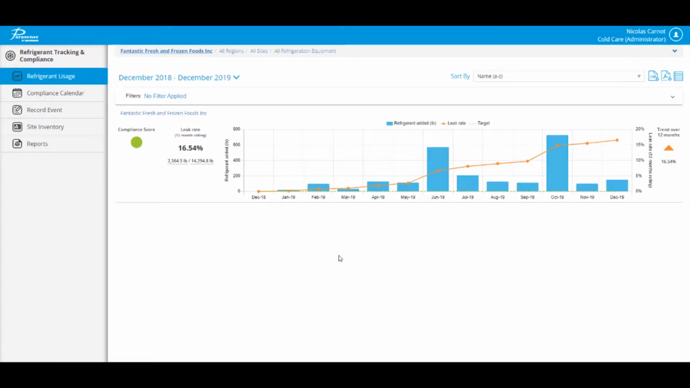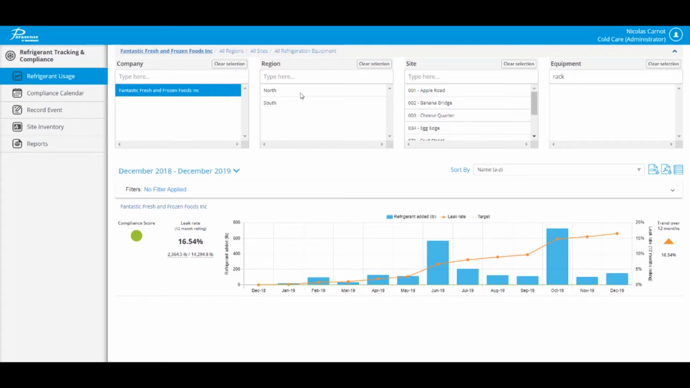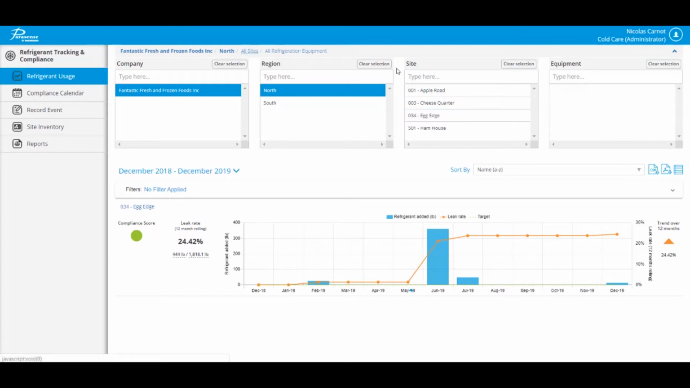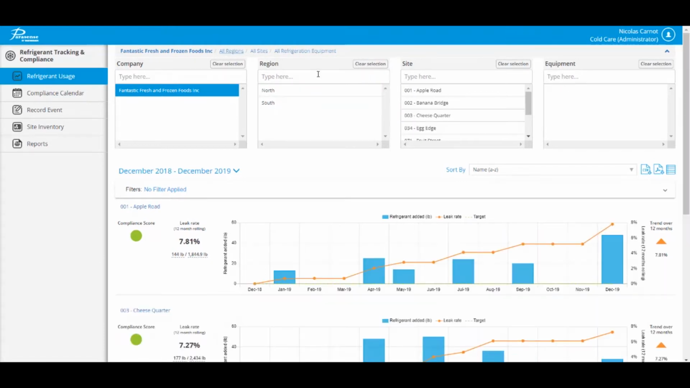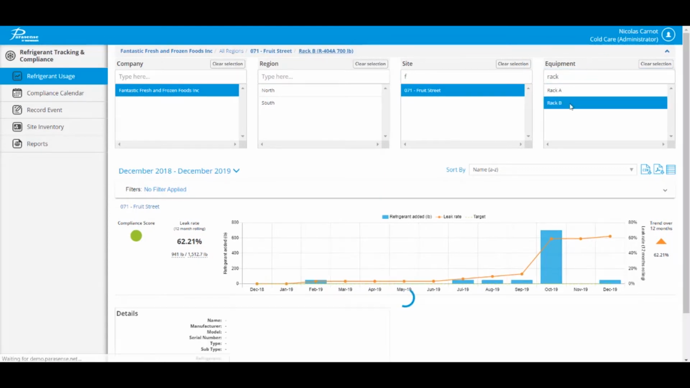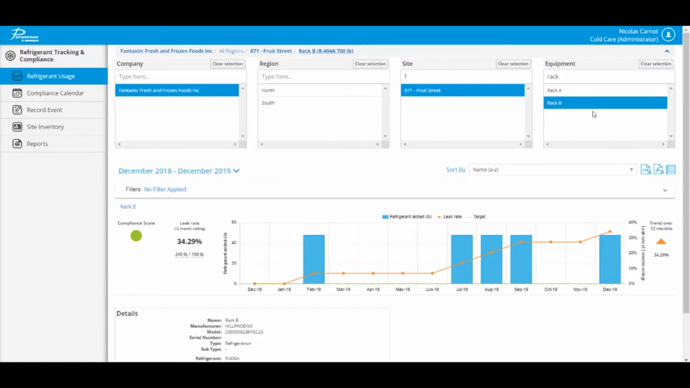So if you're looking for the performance of a specific site or equipment, just use the organizational filters up here. You can either just select any of the items, which will filter down from left to right, or you can select the type here box and just start typing, and it will filter down the options available. So here, for example, I'm going to go ahead and click on Rack B from Fruit Street, and here we